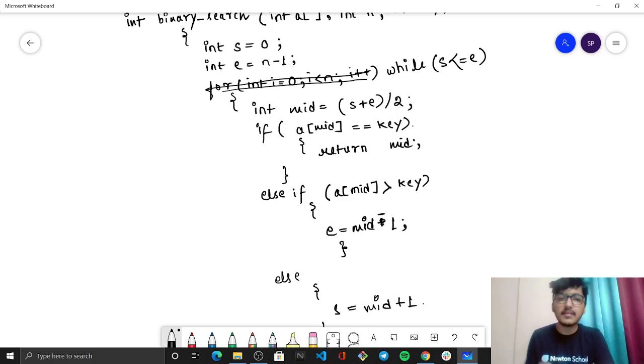Okay, unless and until our starting is less than equals to the index of the ending, then तब तक ये चलता रहेगा पूरा. ठीक है, ये प्रोसेस, that will be a much better way to implement it, right?